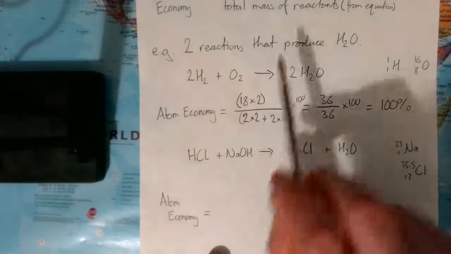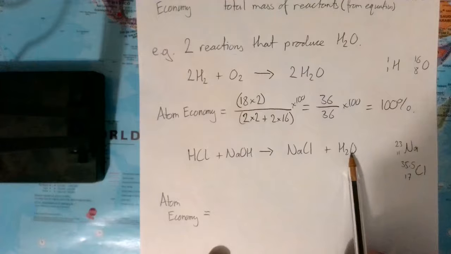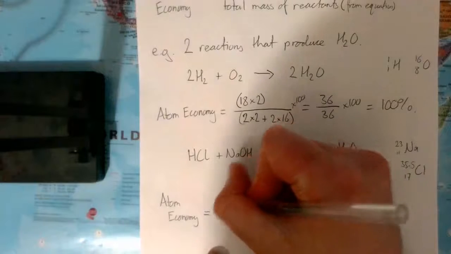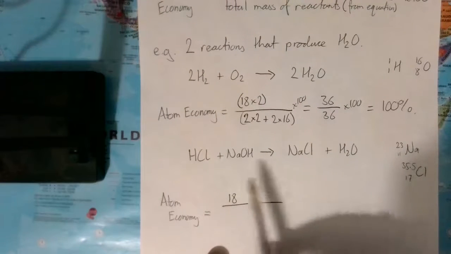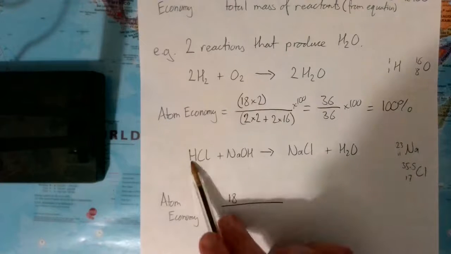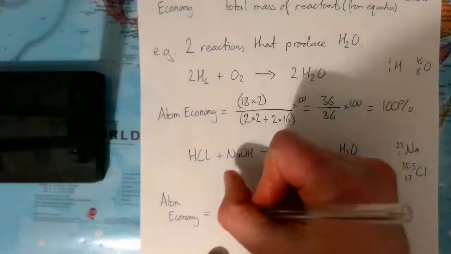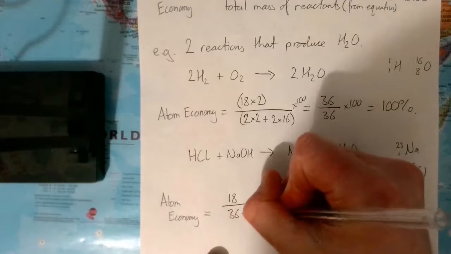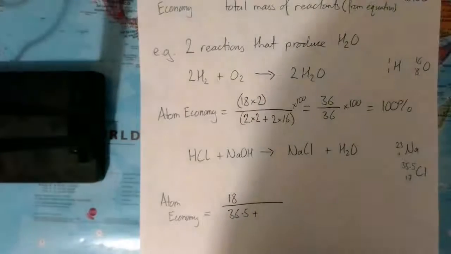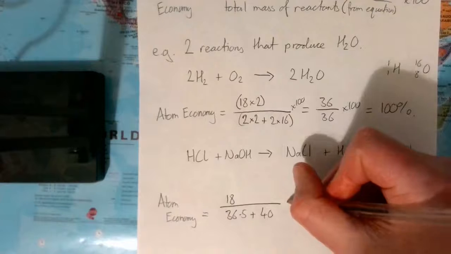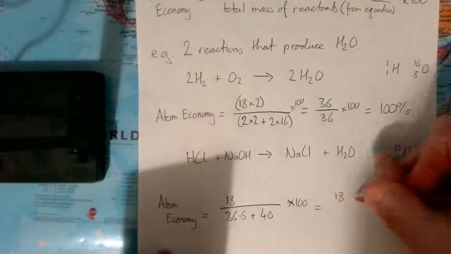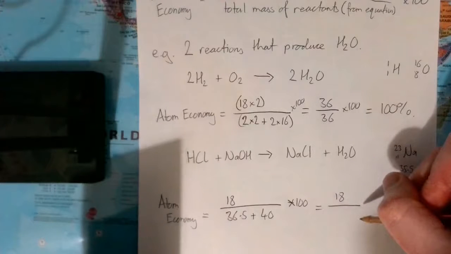Okay, again, we want the mass of the desired product from the equation. This is already balanced, and there's only 1 in front of everything, so it's 18 for water. But we have to get the mass of all the reactants. So I've given you the extra ones you need here. Hydrogen is 1, chlorine is 35.5, so that is 36.5. Sodium hydroxide is 40, so times 100. So if we then put them in, we do 18 divided by